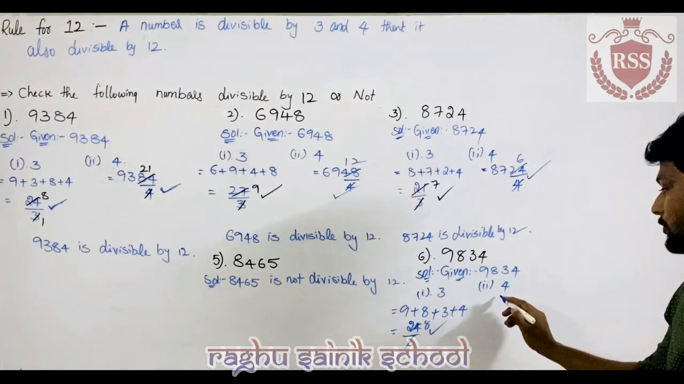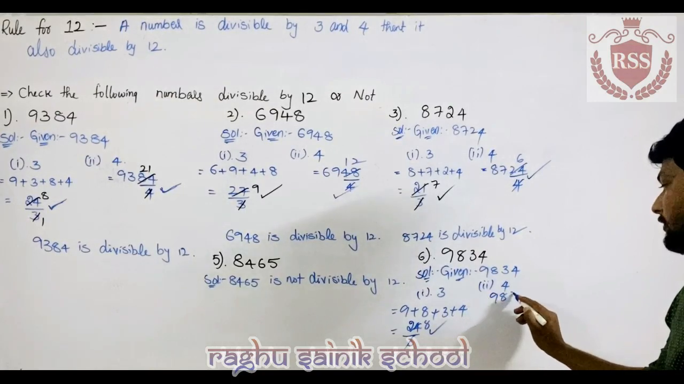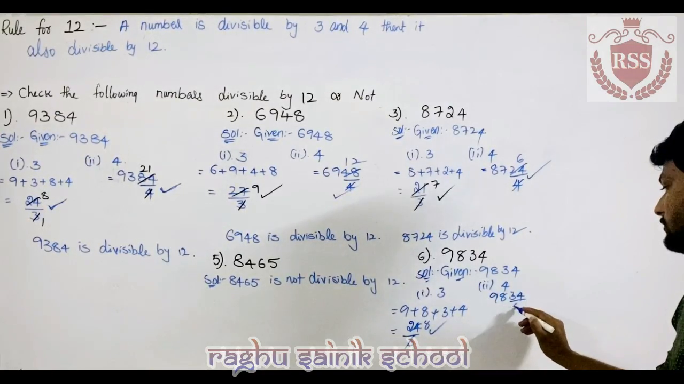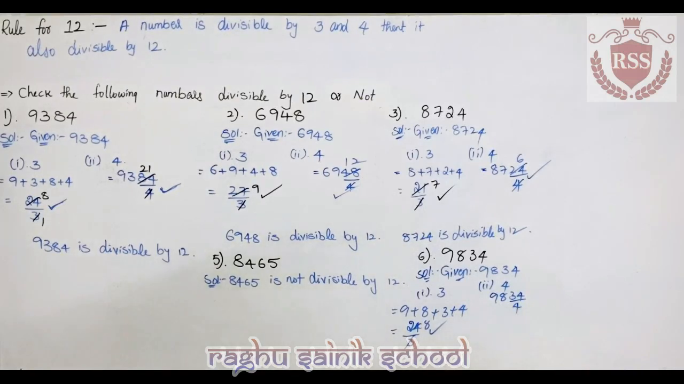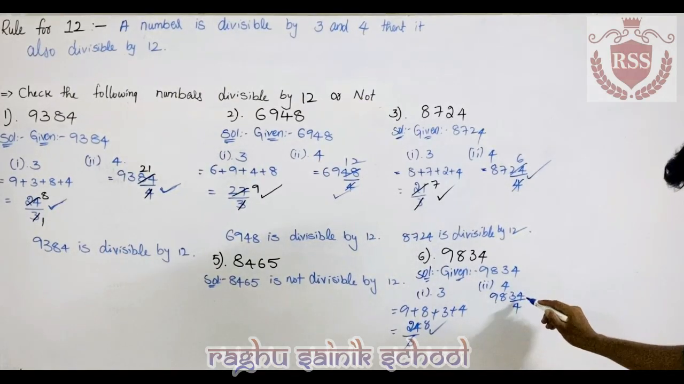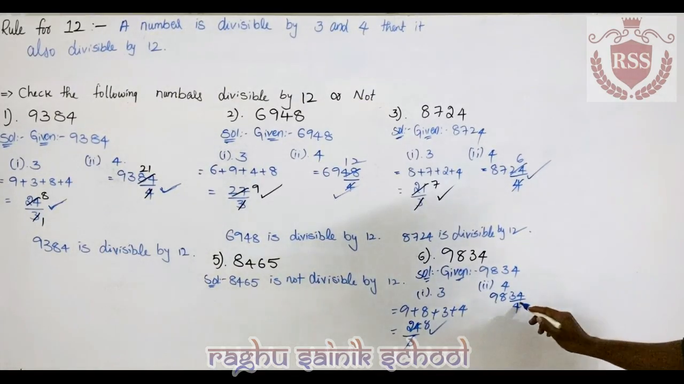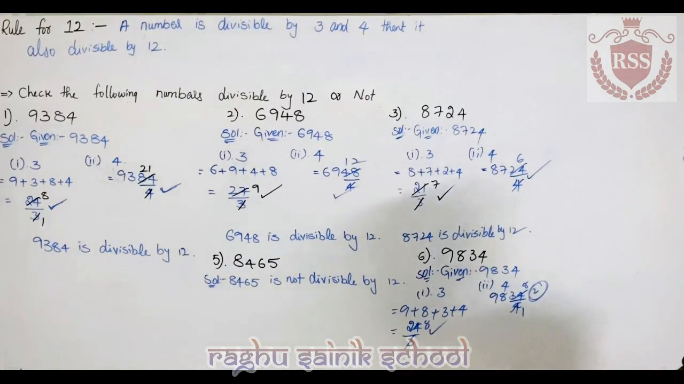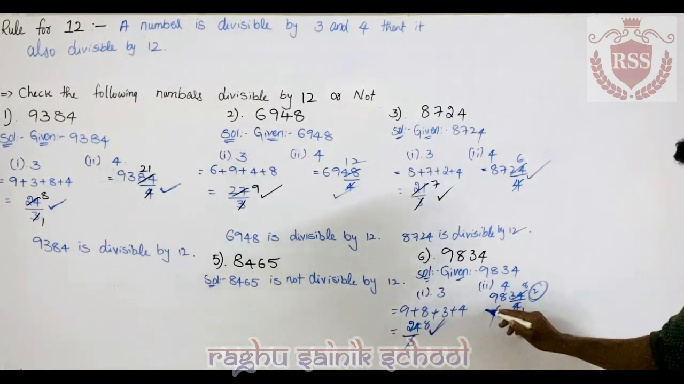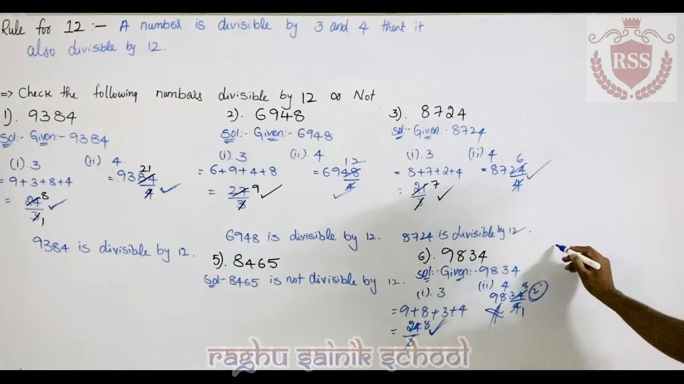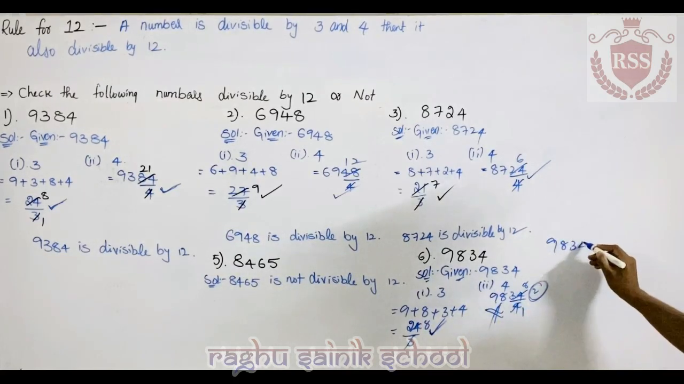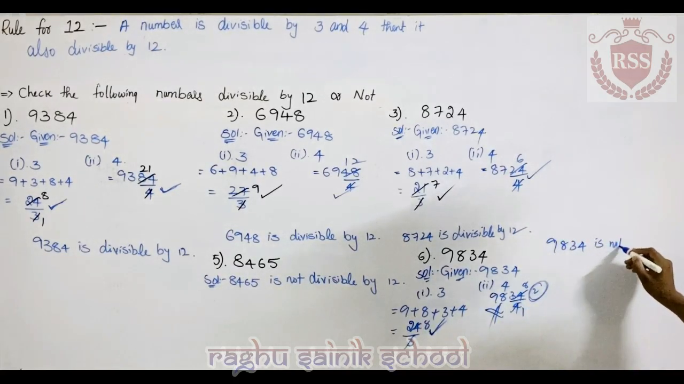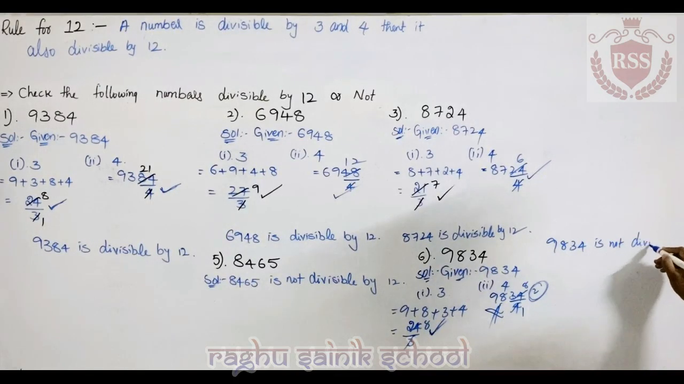But now come to the divisibility rule of 4. In 9834, are the last two digits divisible by 4? No, because 4 eights are 32. We get the remainder 2 for 34. That's why it is not divisible by 4. So it is divisible by 3, but it is not divisible by 4. So 9834 is not divisible by